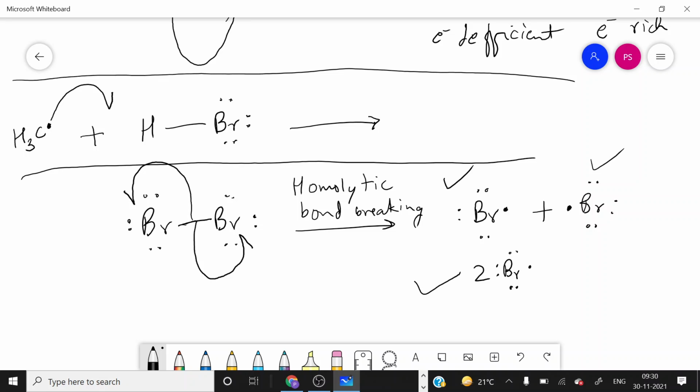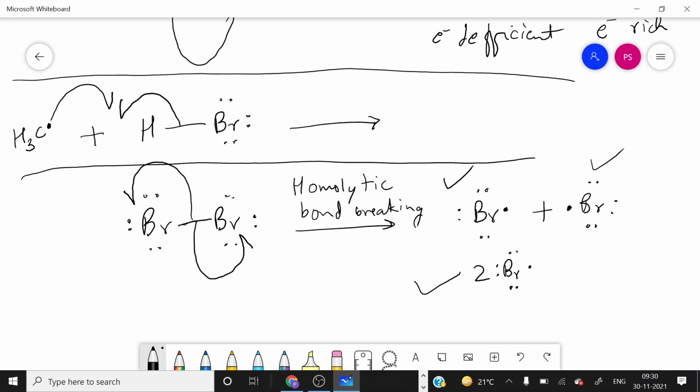So this methyl free radical shares its one electron. This carbon shares its one electron with hydrogen. Okay, and what is the rule? We can move the electrons toward the atom or in between the atoms. If there is bond formation, then we should move the electrons in between the atoms. So I move this half-headed arrow towards the hydrogen, but in between the carbon and hydrogen, it indicates that the electrons are now concentrating in between the carbon and hydrogen.